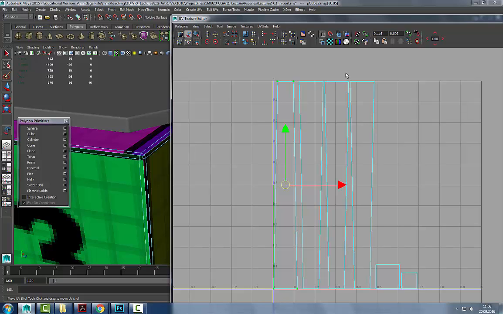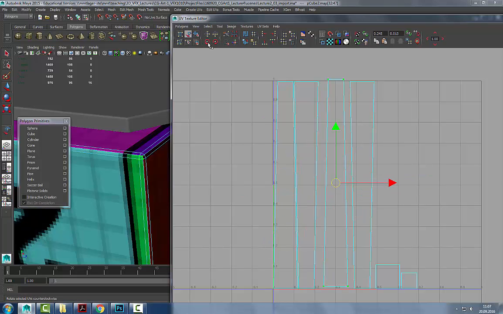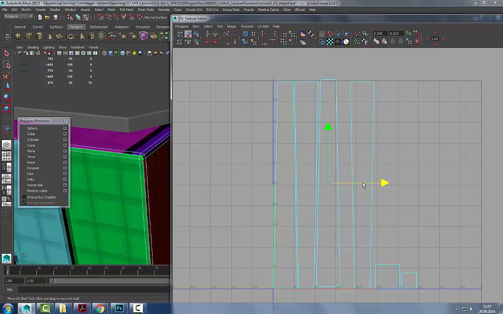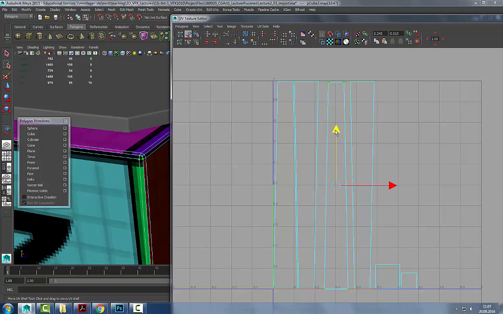Then I start placing this together. Depending on what you're making, if you're making a really highly optimized in-game chair and you want absolutely to maximize the UV space, you could nudge these as close together as possible, and then probably you would turn this around, because you see now this goes closer to this one. So you see we absolutely minimize